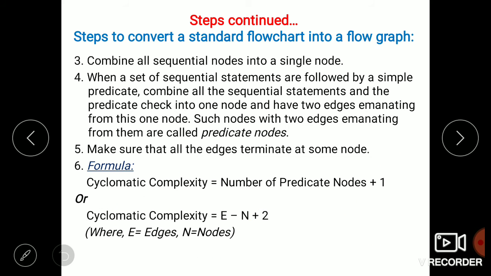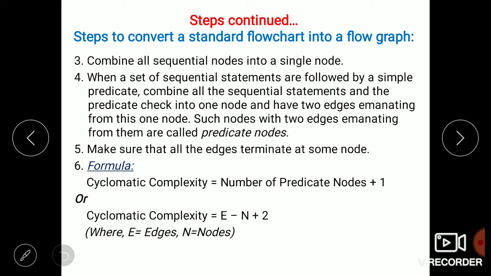Now we will see the third step, that is, combine all sequential nodes into a single node. The reasoning here is that these statements all get executed once started. If there are multiple sequential statements, then we need to combine those statements into a single node. Next, the fourth step: when a set of sequential statements is followed by a simple predicate, combine all the sequential statements and the predicate check into one node and have two edges arising from this one node.